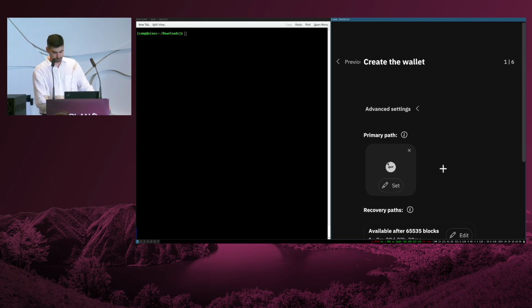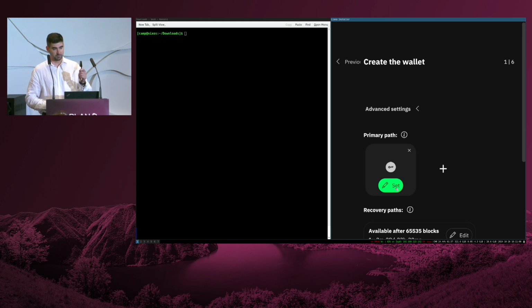Okay, so for the primary spending path, I will use a Nano S Plus device. So this will be the first primary spending path. This one is not under time locks. So this device can spend at any moment. The first recovery path will be a single signature as well.